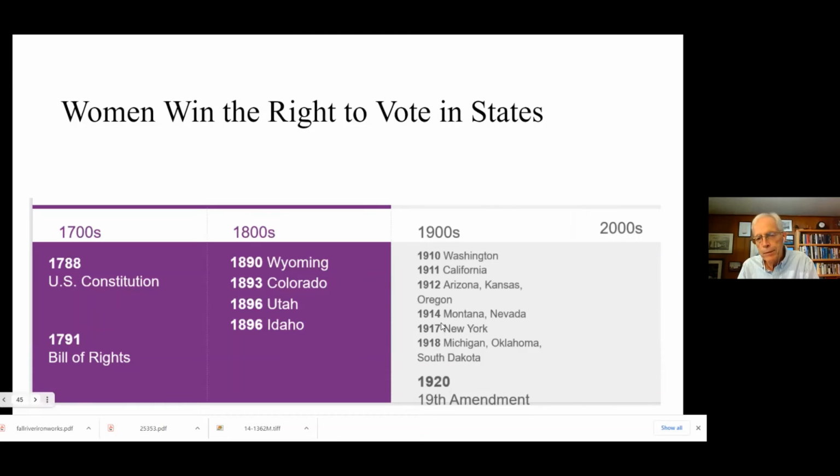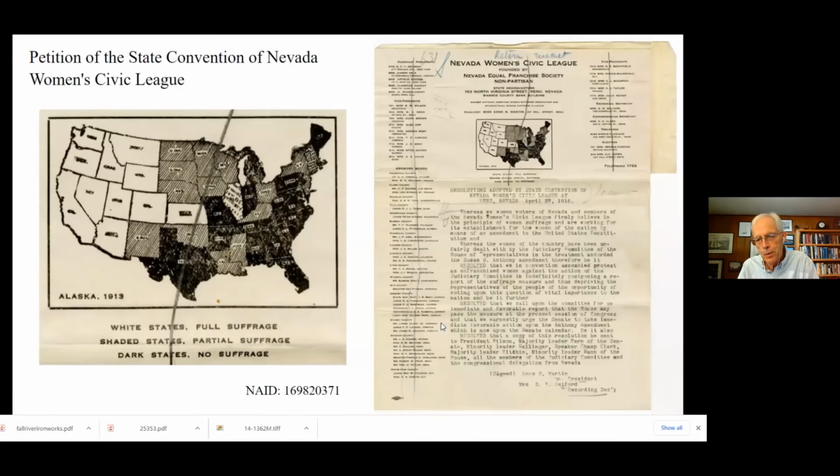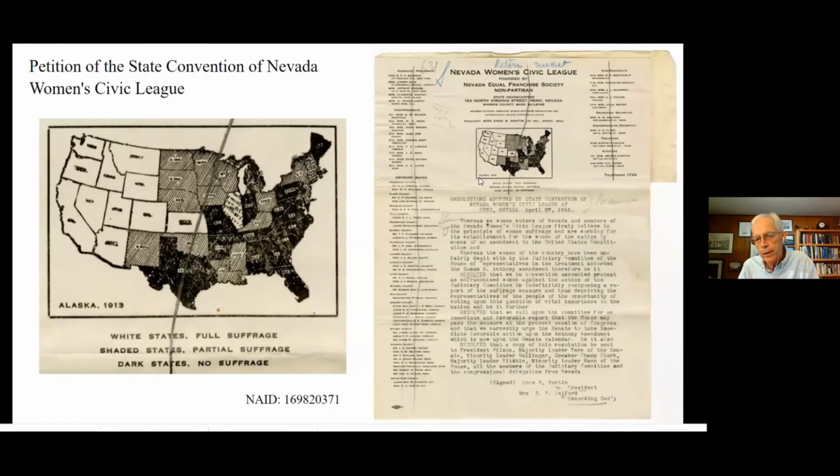And I mentioned that because the first document that's in this part of the lesson has a cool map, and it is from Nevada and Nevada's Women Civic League. We'll just look at their language for a moment. But before we do that, let's look at their map. I would recommend you go in and cut and paste this map and isolate it and have the kids look at this map, because it's a great visual primary source.